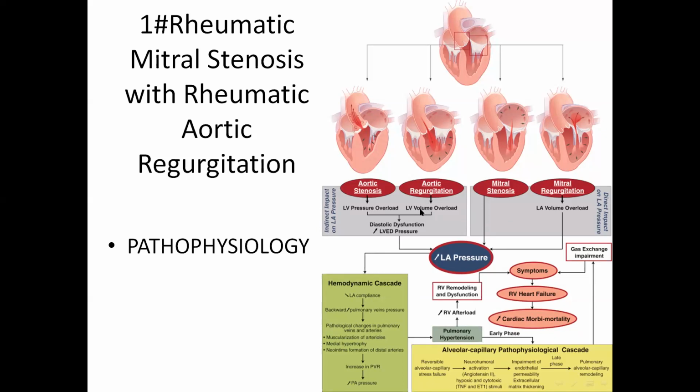In aortic regurg, we will have a left ventricle volume overload due to regurgitant volume going back to the ventricle. Diastolic dysfunction will occur, and left ventricle end diastolic pressure will increase, and will give back left atrial pressure, and the same will have right ventricle pulmonary hypertension. Then in the early phase, if right ventricle afterload is increased, then we will go for right ventricle remodeling. But once we have a combination of aortic regurg and mitral stenosis, we'll have decreased cardiac output,